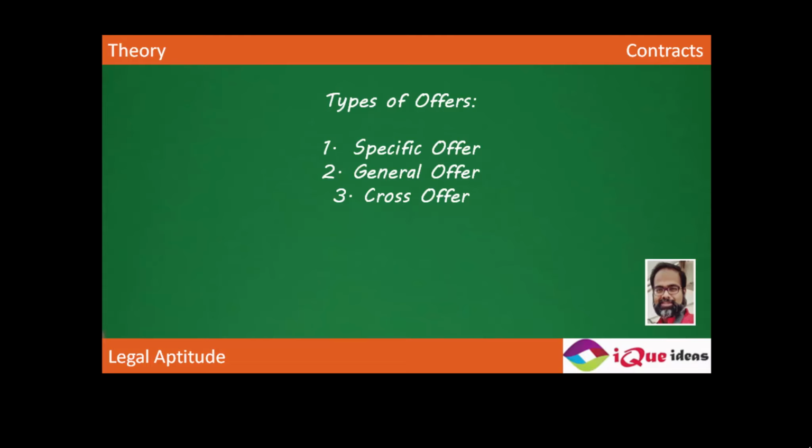My letter and his crossed each other in the post and reached the other party. My letter stated that I wished to sell him my car for 10,000. His letter stated that he wished to purchase my car for the same rupees 10,000. Here, the terms are exactly the same. The mental intention of both the parties is the same.